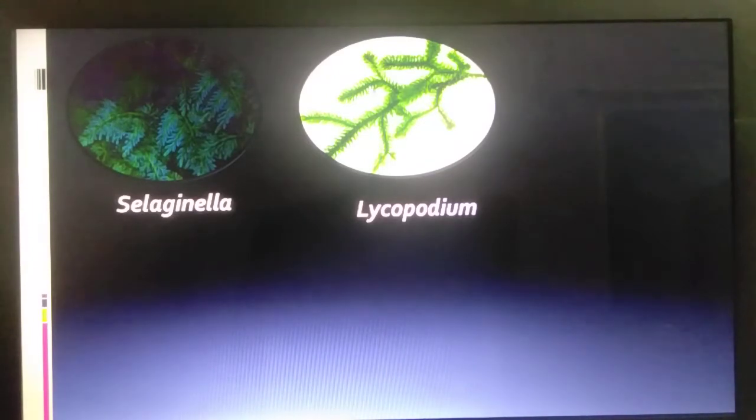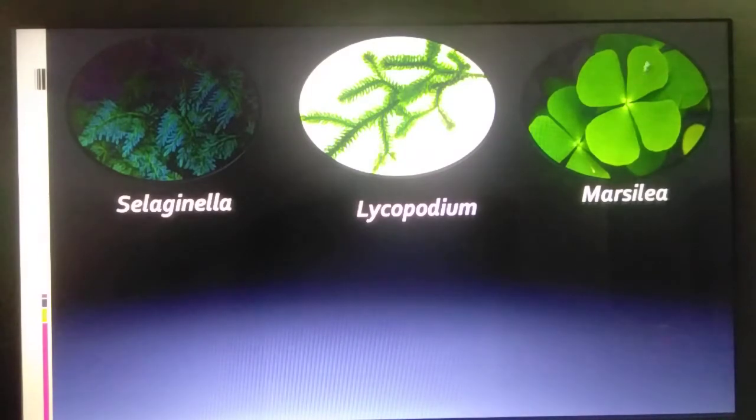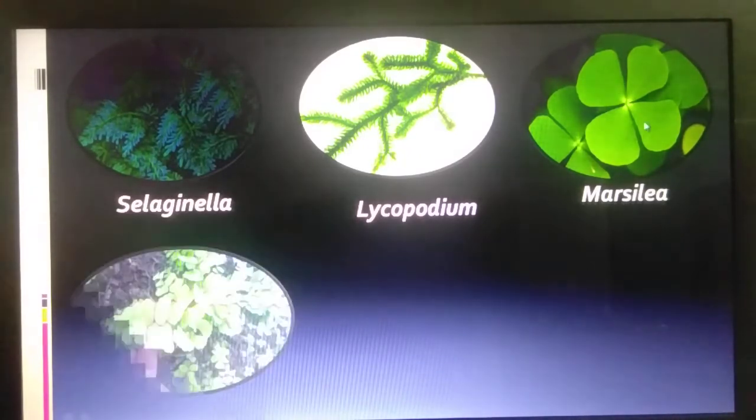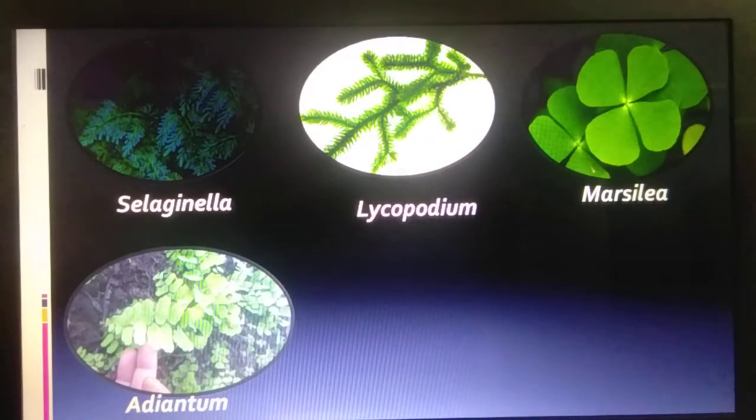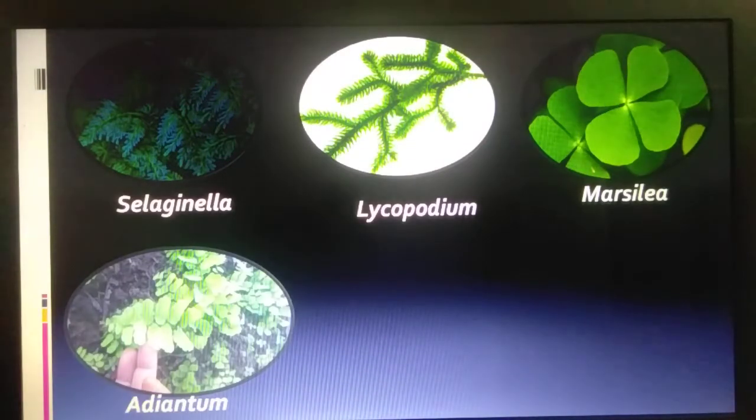You can see how beautiful the leaf structure is. Then we have Marsilea. It is also called clover leaf. You can see 4 leaflets are there, so it is also called clover leaf. Then next we have this very common one which grows in your garden, called Adiantum. Behind this you can see a structure like this, which I have shown you in this picture. But you will have to wait one more month for the spores to grow behind it. Now there won't be any spores behind it.